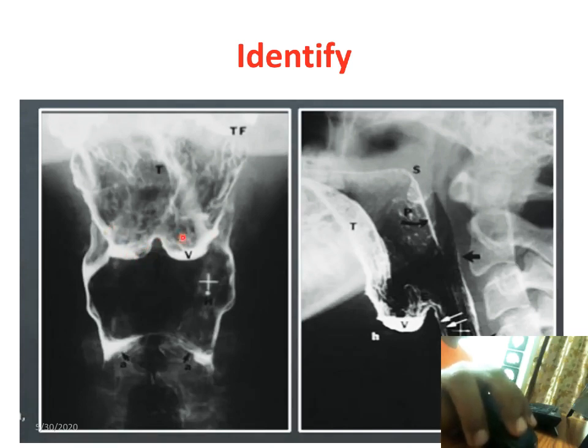You can tell it is a W structure. It is a smooth W. The upper part is called the vallecula. The lower part is called the piriform fossa. These are the aryepiglottic folds and piriform fossa. You can find out this is the tongue, this is the vallecula, this is the